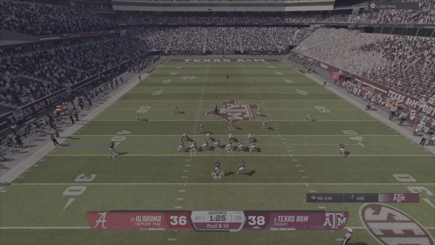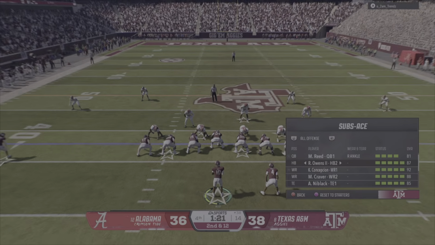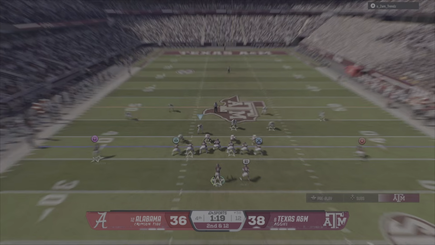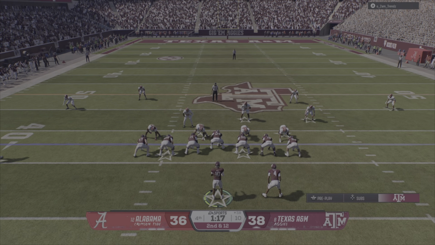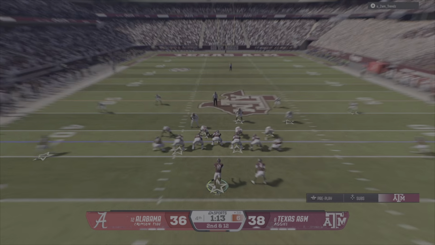I thought about coming out with a halfback screen this time, but I didn't like the right side. That guy's in the alley. So I said, you know what? Let's go back to the power read and run this key properly, because I never pulled the ball. So maybe he's